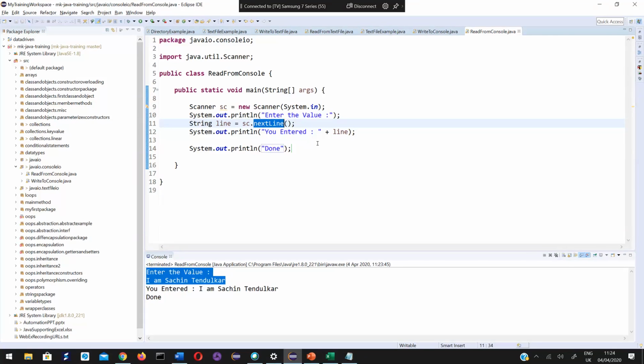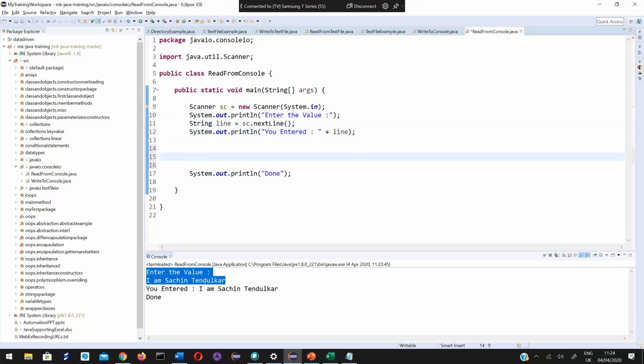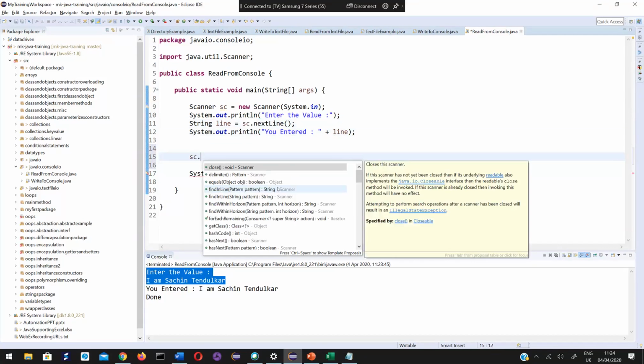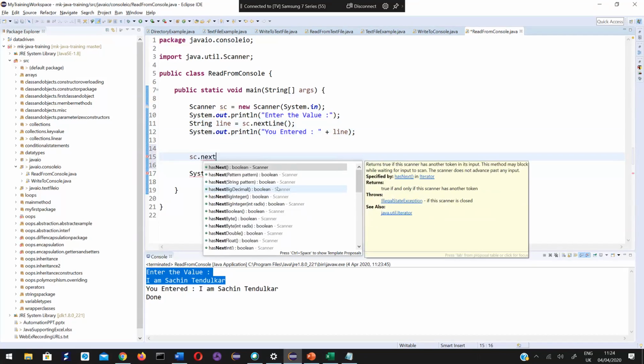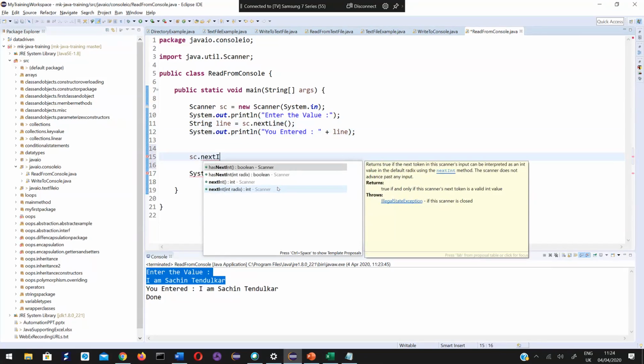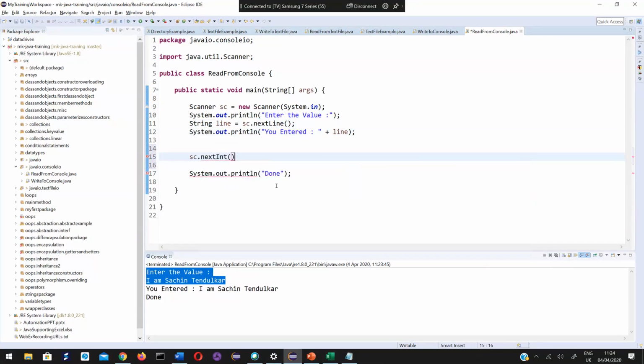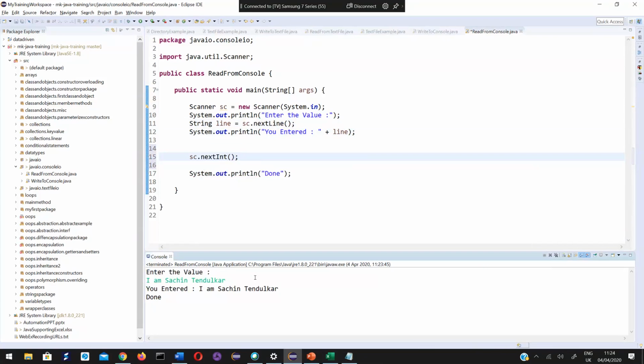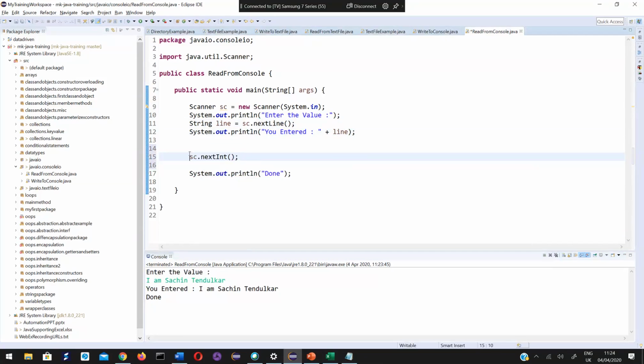What if you want to enter integer values? There is a way to do that. This time on this sc object, I am calling the nextInt method. nextInt means whatever value you enter here is read as an integer and returned as an integer.